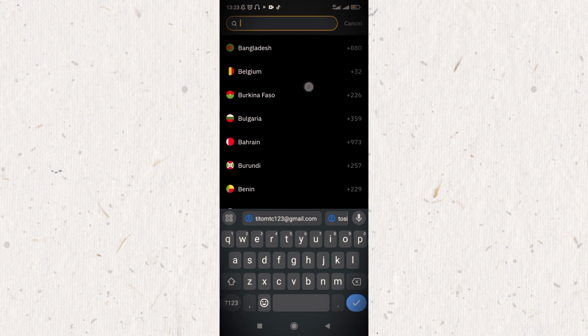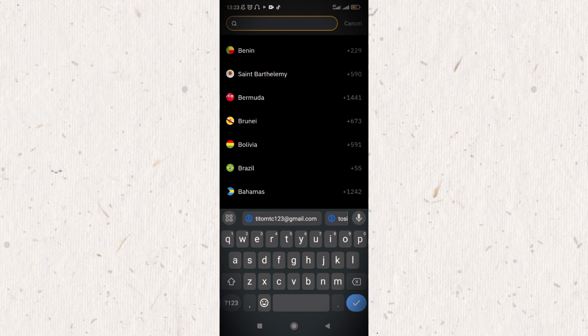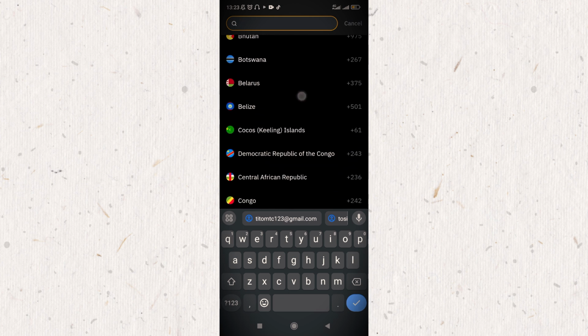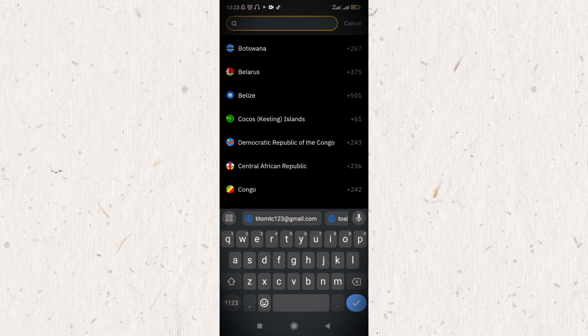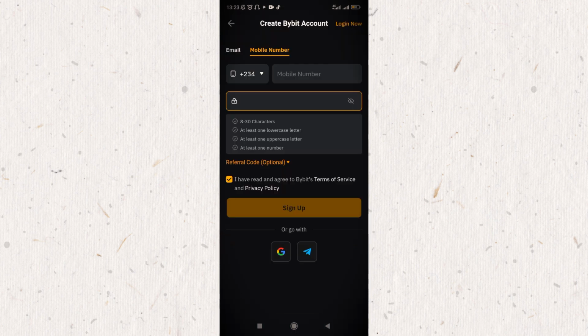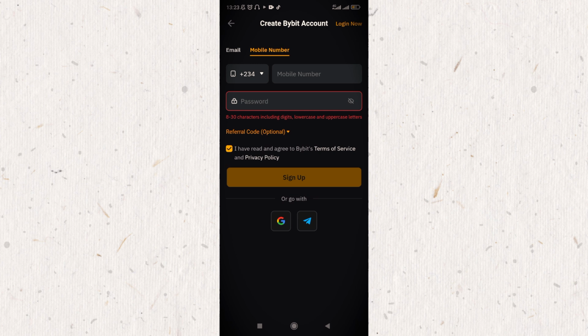Any of these countries that you belong to, you can just choose and then you will be good to go. I'm going to cancel it because automatically it has given me my country code and it's asking me to enter my password. However, because I prefer to use my email, in case I lose my phone number for any reason,